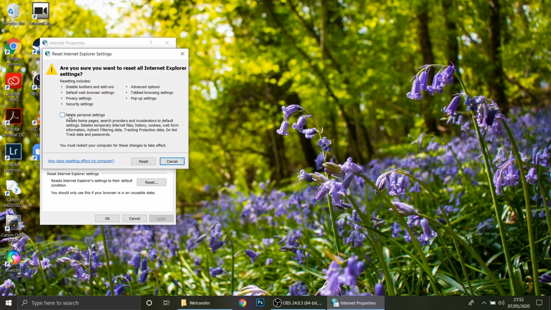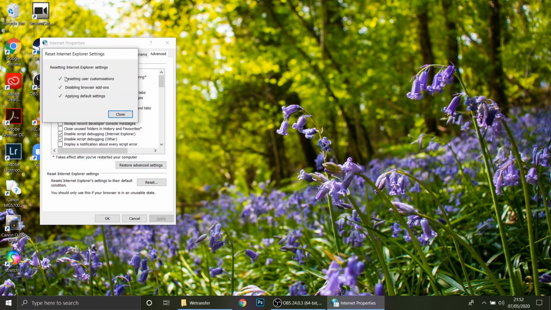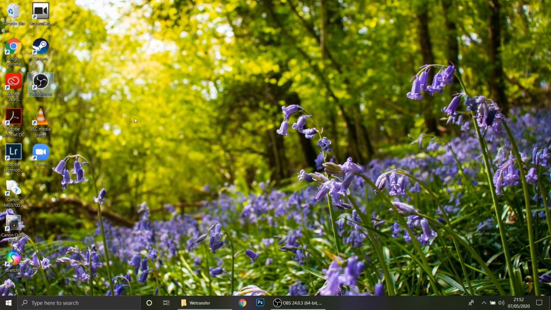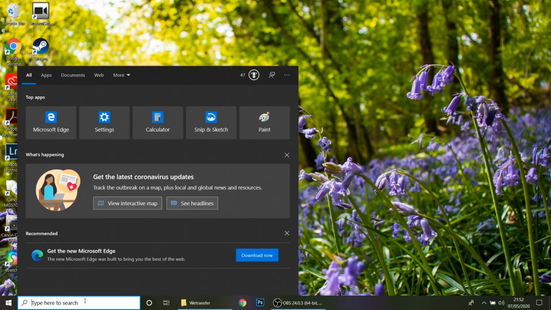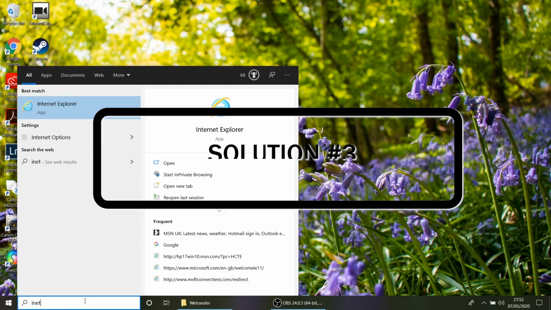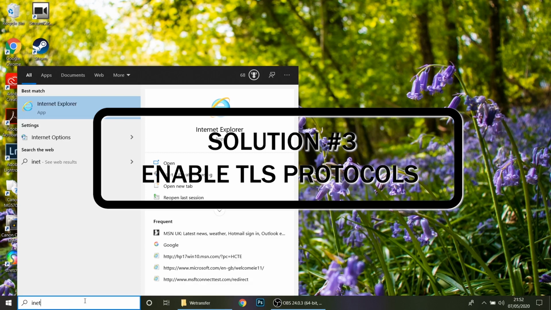So if you haven't got delete personal settings, what you can do is click reset and then try that. And if that doesn't work, you can come back and then select delete personal settings. So when you click reset, it will come up with 3 ticks and you can click close. And then I would recommend resetting the browser, closing it down and then opening it back up. So if that doesn't work, you can go back to the same view and try the third method, which is